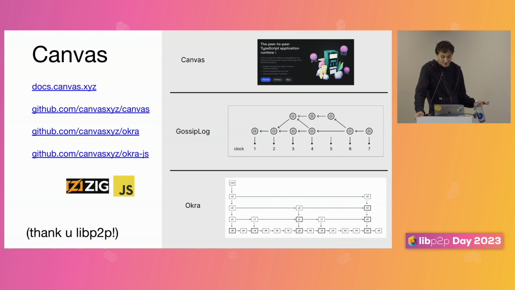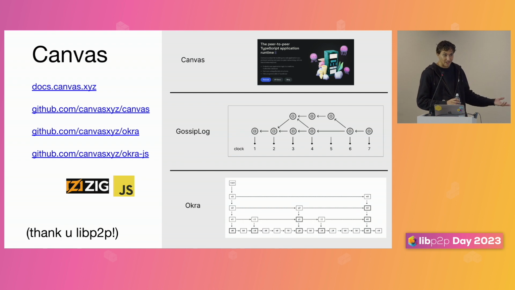So we've open sourced all of the components of this. At the lowest level, there's our Prolly tree implementation, which is usable on its own, called Okra. There are two implementations, one over IndexedDB in pure JavaScript, and then one in Zig using LMDB that you can use via native Node.js bindings. One layer above that is GossipLog, the libp2p service that augments Pubsub for reliable causal broadcast.